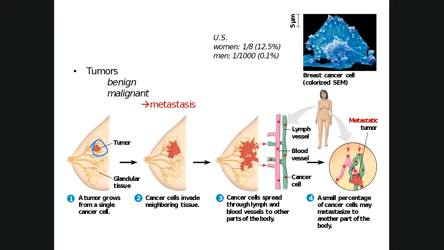The benign tumors affect the local area, and you can oftentimes remove them, and many times it's not a big issue. And that's many times when women have mastectomies, have their breasts removed because of breast cancer. What they'll do is they'll remove all the breast tissue and part of the lymphatic system. The idea behind that is if it didn't metastasize, you hope that you get all of it. So where it spreads through the lymphatic system, you remove a lot of those lymph nodes, maybe you got those metastatic cells before they can spread around the rest of the body. Any questions on any of that?